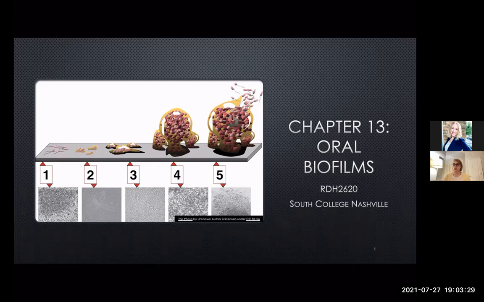So in this picture, this is a way you can see, at the beginning, we just got a little bit, then they start to colonize and more bacteria join. Eventually, we've got these like mushroom clouds. And then in step 5 here, this is where the bacteria is free floating again. It lands somewhere else. Process begins again from the beginning.